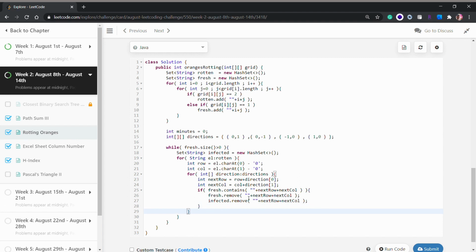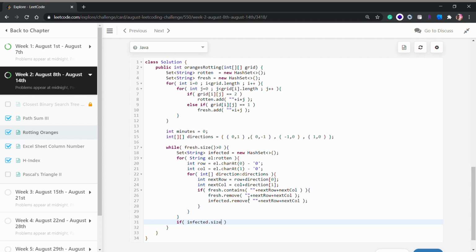After these loops, we will have an if condition: if infected.size equals 0, that means we haven't infected any orange, so we return negative 1, because the problem statement asks us to return negative 1 whenever we can't infect all the oranges.